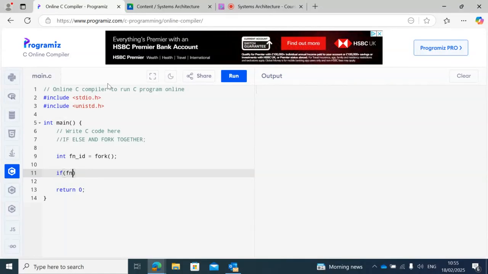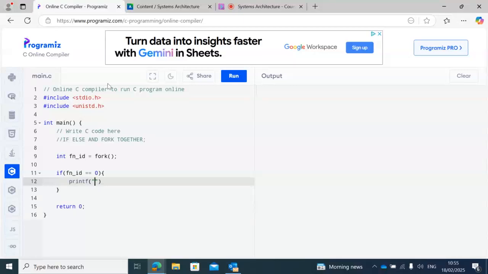So if you say fn_ID equals 0, then open and close curly brackets, we'll print f. Just write the code for now. We'll try to understand what's going on. We'll say this is the child process with